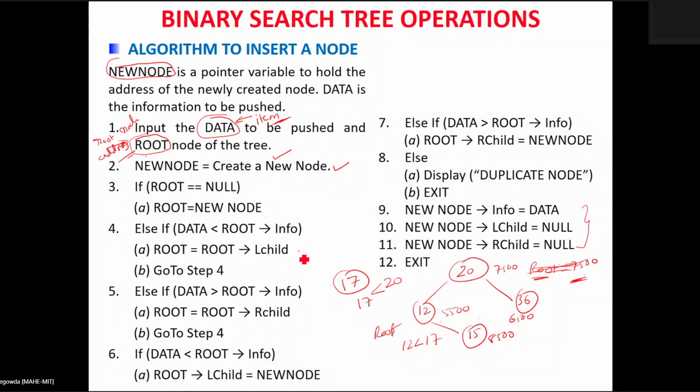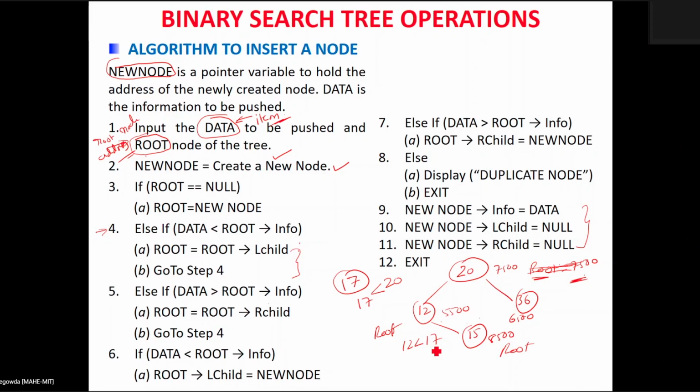So this will not be executed. You are coming to this statement over there. When you are coming to this statement, you are going to update the root value. So what is the root value now? The root value becomes 8500. Now your root is pointing to this node. Root points to R child is 8500, so you will get it in the root. Then after that you are going back to step number 4 itself.